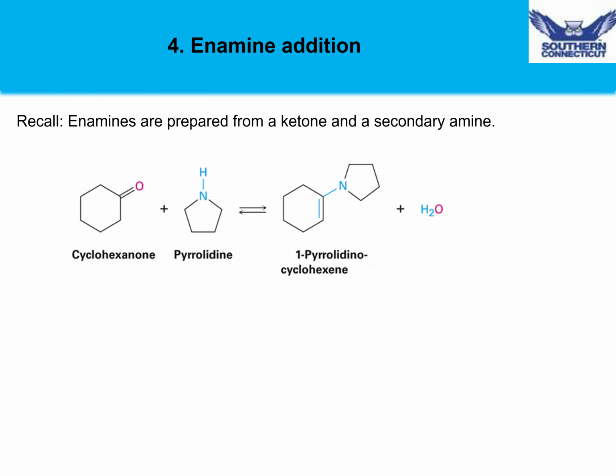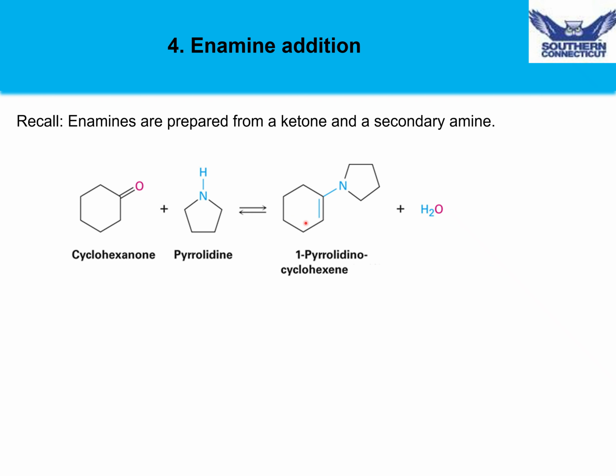In our next condensation reaction, we're going to be using enamines as an equivalent to enolates. So before we get into the next set of reactions, let's review how enamines are formed. You might recall that enamines are typically made by taking a secondary amine, and in this case we're using a cyclic one, but it doesn't have to be. As long as it's a secondary amine, we mix that with a ketone or an aldehyde